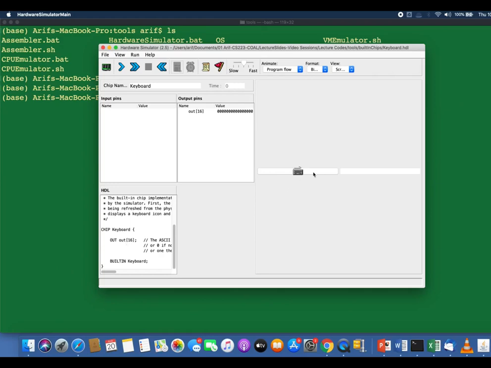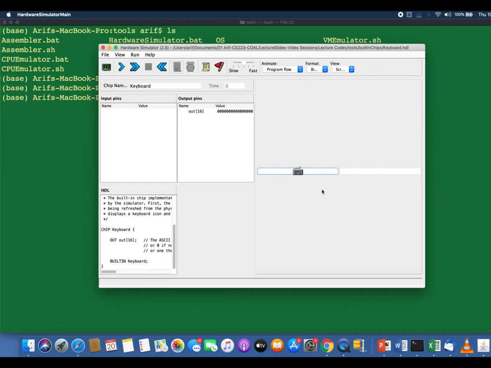And dear students, over here you can see the GUI side effect of the built-in keyboard chip. If you press this keyboard, you can see it is lined blue over here. Now this keyboard is actually associated or connected to the real computer on which I am working.